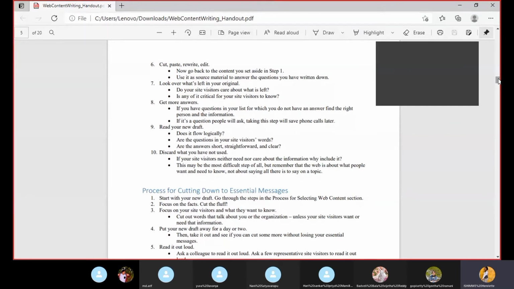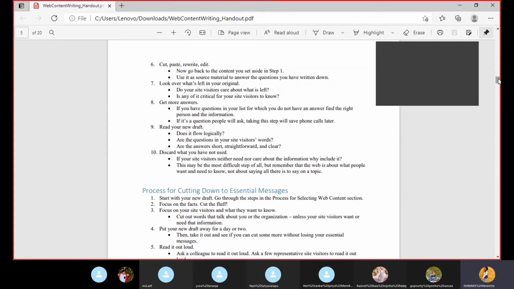So after listing different questions that the visitors of your content will ask themselves, now for the sixth step, you go back to the content from the first step, and then you use that content as the source to answer the questions that you have written down. Then this is about the sixth step. About the seventh step,